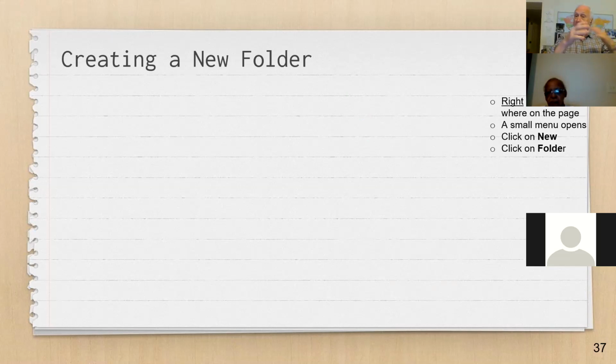And then below that, each folder could contain another folder. So you might have a folder called taxes. And then below that, you might have a folder called taxes 2017, taxes 2018, taxes 2019, whatever you want. And then within each of those folders, there would be files. So within the folder called taxes 2019 might be your 1040 for 2019,